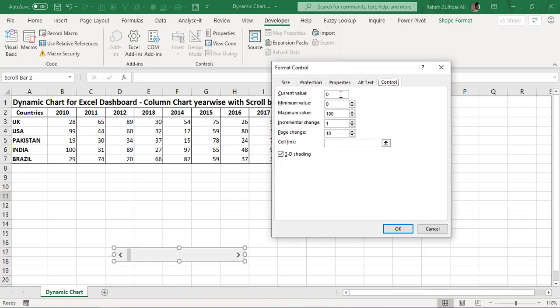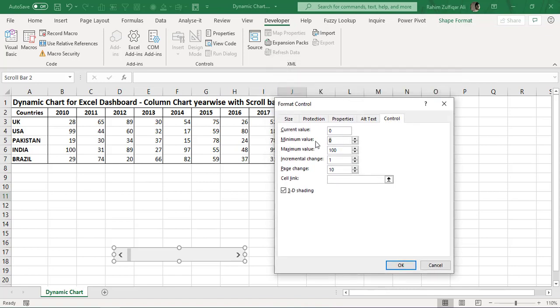For the minimum value, I will write 2010 here, because my data starts from 2010, and the maximum value would be 2019. So my scroll bar will be split into 9 different sections from 2010 to 2019 whenever I click on the right arrow or left arrow, and the page change will be 1, an increment of 1, and we are required to link this cell with